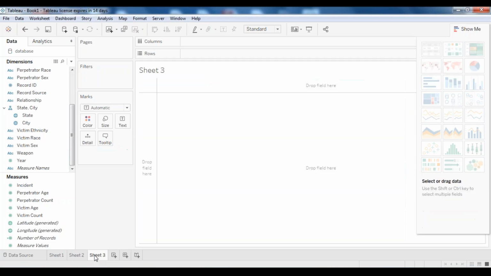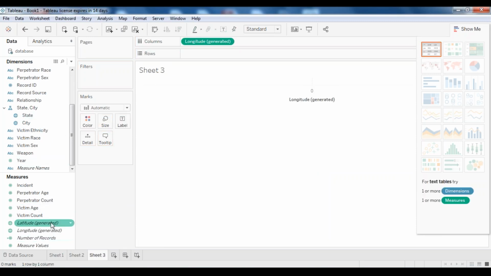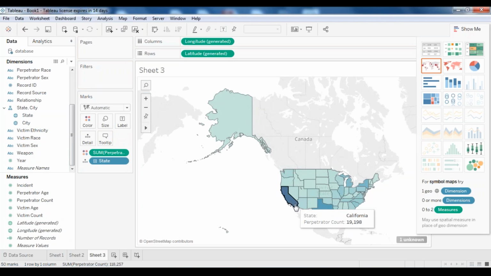So now let us find out which city has the most amount of perpetrators. Now this is going to be very similar to the one where we found the maximum number of victims. So instead of victim count, we'll just go ahead and select perpetrator count. So we'll do the same thing again. So again, it is showing that California has the maximum number of perpetrators, but we want to find out